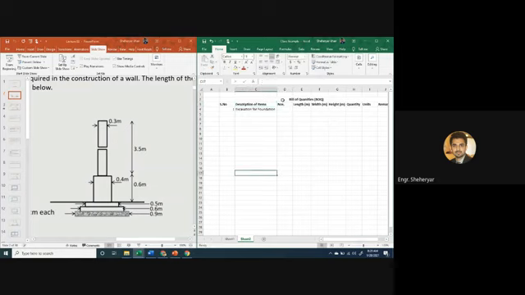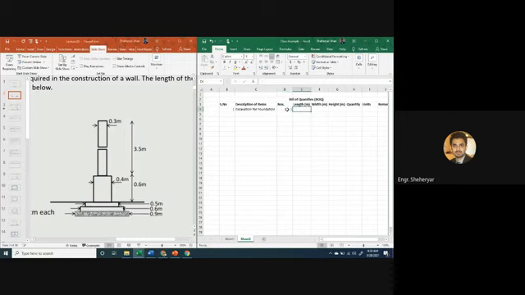अच्छा, यहाँ पर डिस्क्रिप्शन ऑफ आइटम में एक्सकेवेशन ऑफ फाउंडेशन आ गया। नंबर्स कितने हैं? इस टाइप की वॉल यहाँ एक ही है ना, देयर इज ओनली वन सिंगल वॉल ऑफ दिस टाइप, ठीक है। तो यहाँ पर 1 आ जाएगा। अगर यहाँ 3 वॉल्स होतीं और सेम क्रॉस सेक्शन और सेम लेंथ होती, तो हम यहाँ 3 लिख लेते, ताकि आखिर में एक वॉल की क्वांटिटी को 3 से मल्टीप्लाई कर दें तो 3 वॉल्स की क्वांटिटी आ जाएगी।